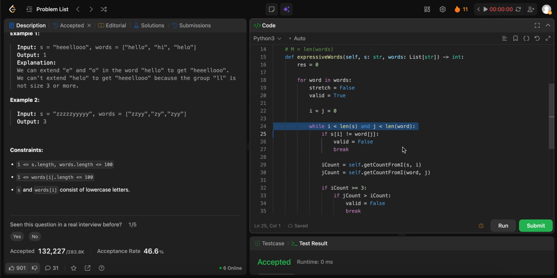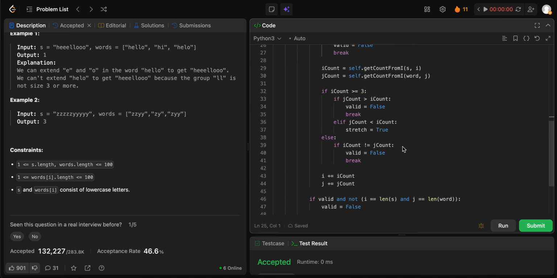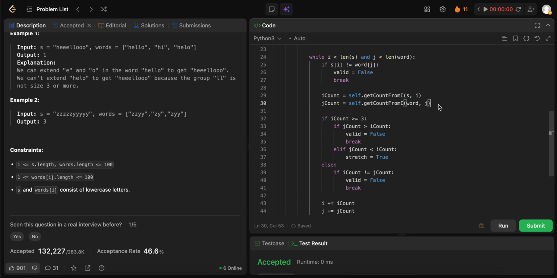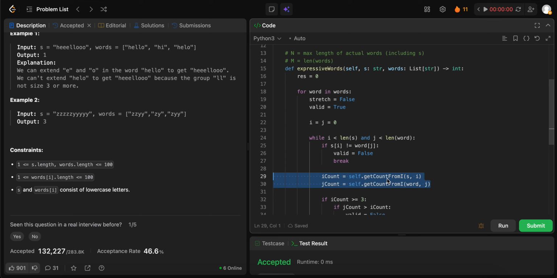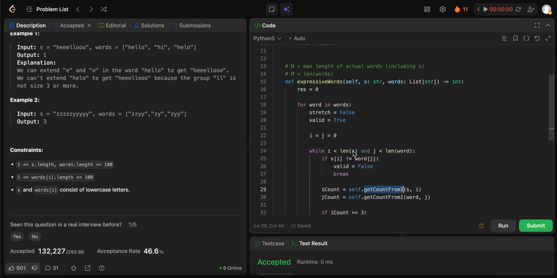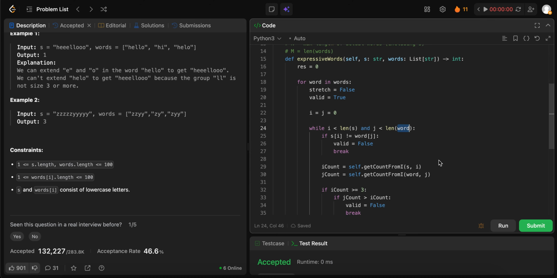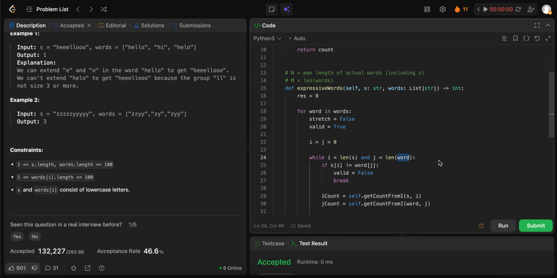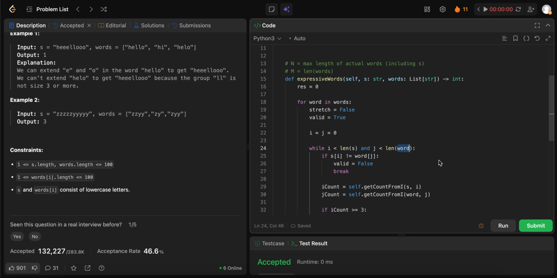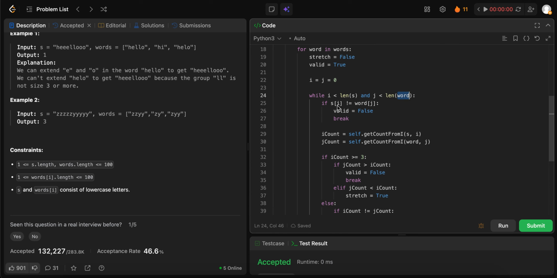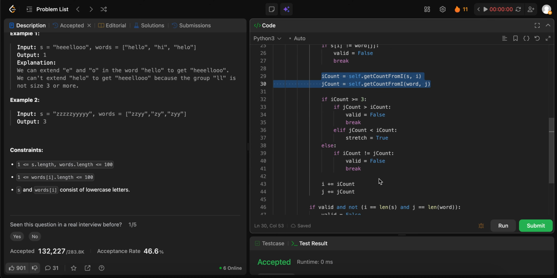I think this while loop in combination with this get count from I function for the word s and the word word is going to be, at worst case what? We do this loop here and this loop here, and together they work to increment I